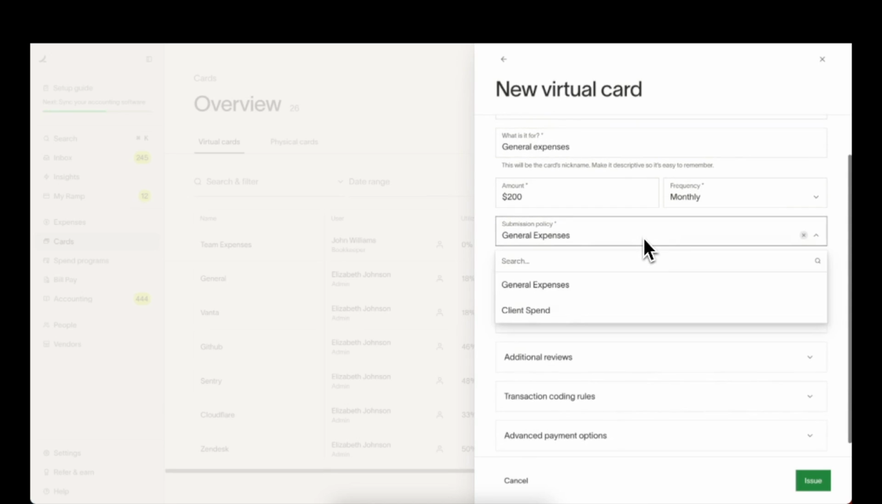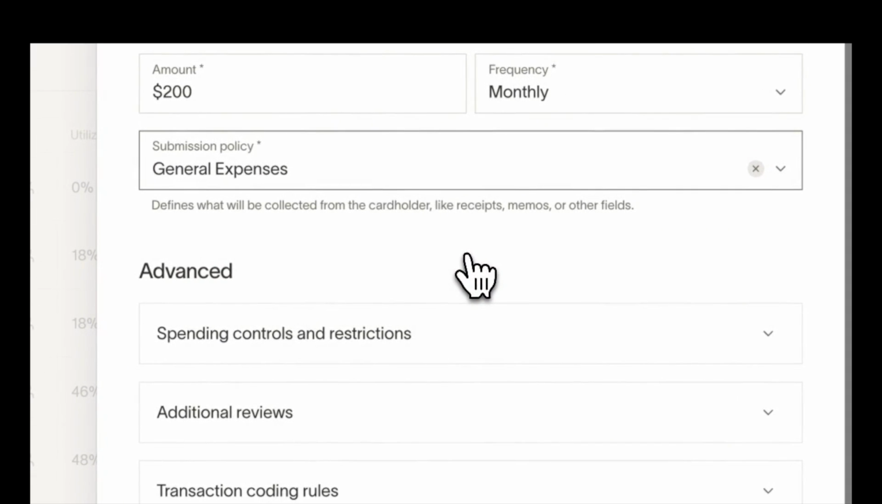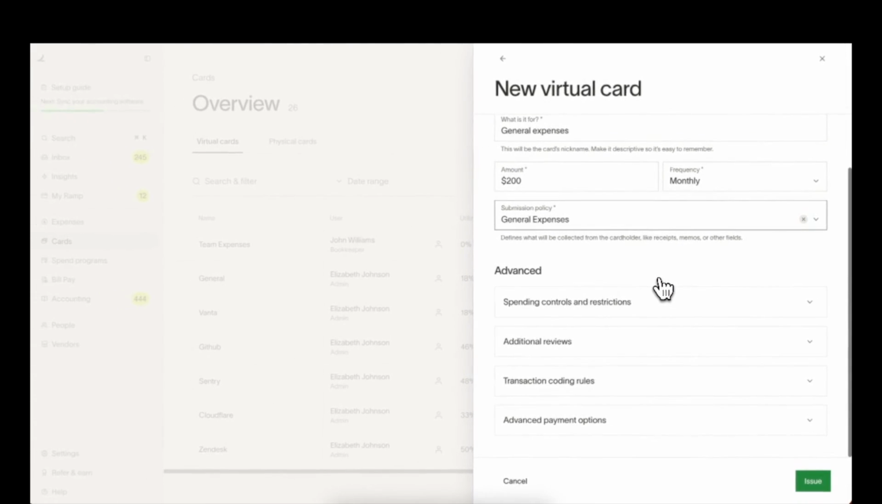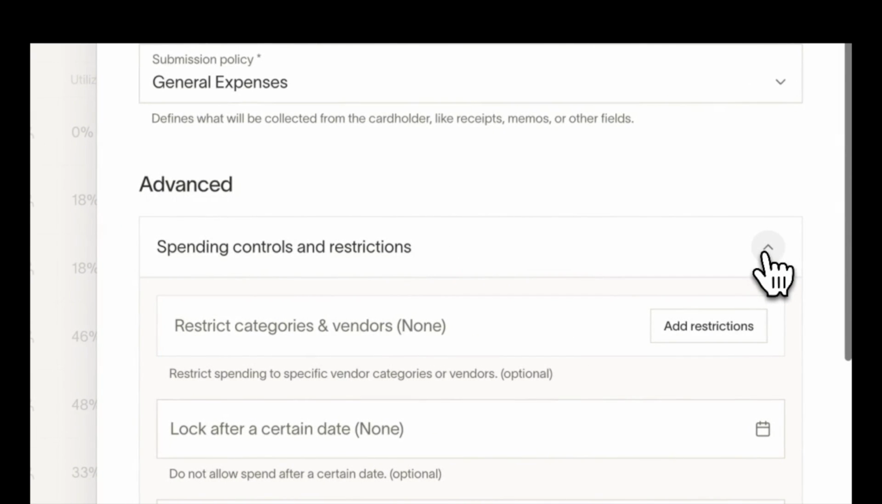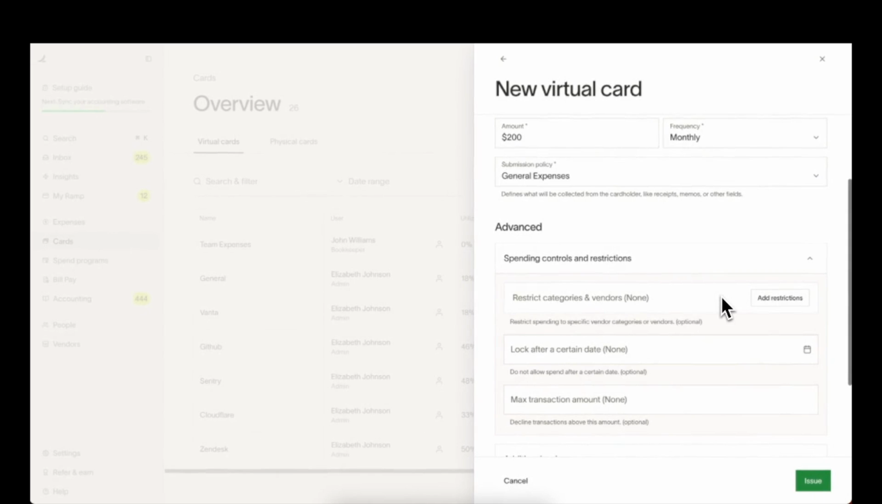Below that, you will select the submission policy the card falls under. You'll notice it defaults to your team's default submission policy here, but you have the option to adjust this on the card level if you have multiple submission policies. At the bottom, you will see advanced controls. This includes spending controls and restrictions, such as restricted categories and/or vendors. Auto-locking the card after a certain date and max transaction amounts to decline transactions that are over a preset amount